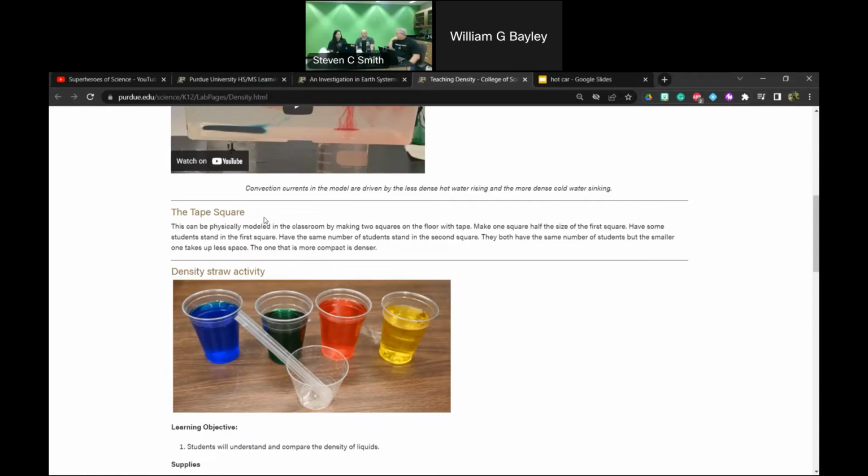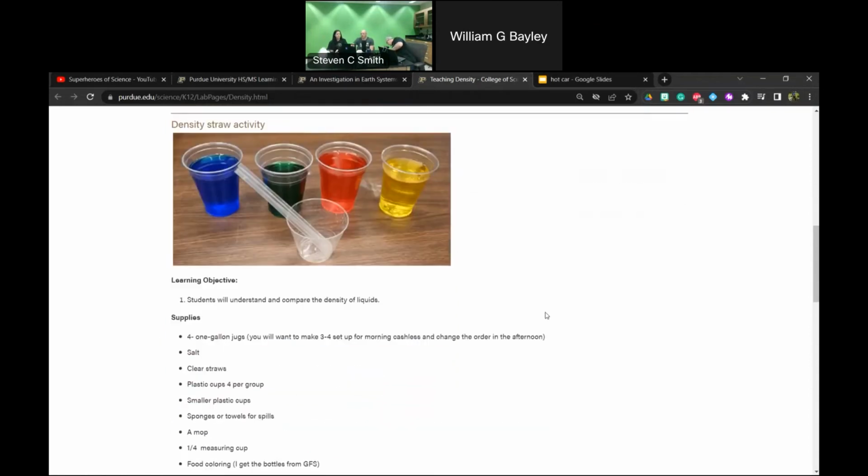Which I think is really nice to talk about. And I used the square originally not for density, but for heat. Talking about as things get cooler, they're more compact, and where it's warmer, they start spreading out more. Actually, I first used it for that, but I'm like, oh well, yeah, this is density too. And both of you think independently of each other, like, oh yeah, we do this for density too. But the density straws is literally one of my favorite lessons.